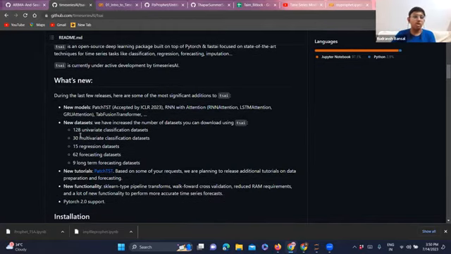So you can see they have got 128 univariate classification datasets, multivariate datasets, regression. This is what we are primarily doing. Forecasting datasets. We have long-term forecasting. Let's suppose you have sales data. So what you will be more engaged in is long-term forecasting. You need data about 10 years, 15 years, so that you can predict what will be the value tomorrow. So it is not as simple as that.